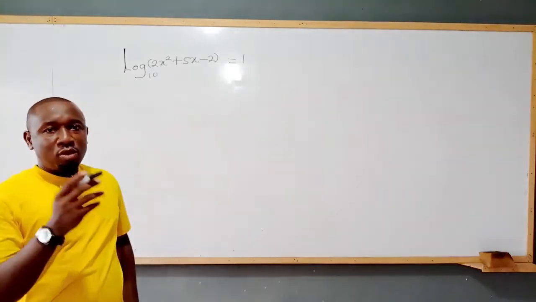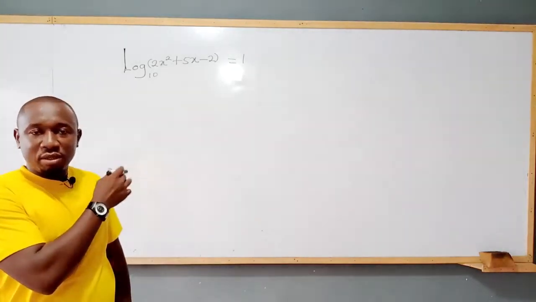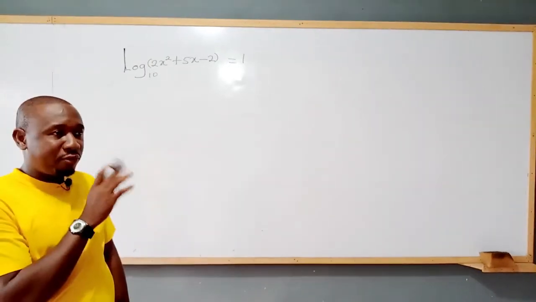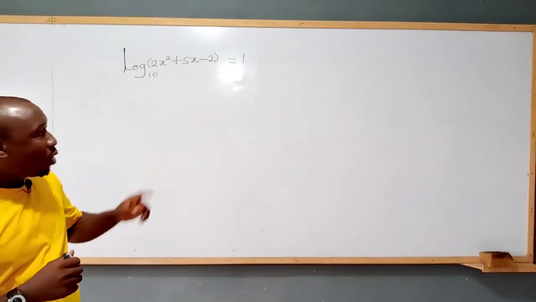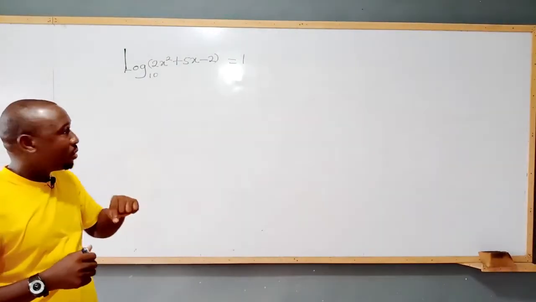Now, let's look at the property we will need to solve this particular question. The only property for now that will be of importance to us, especially at this moment, is the property that says that